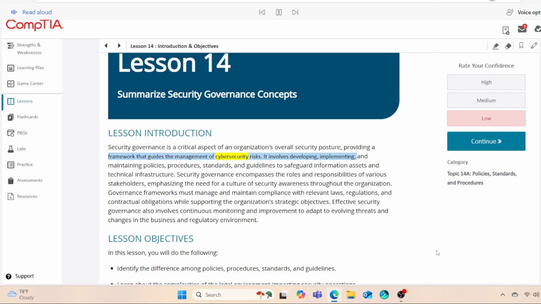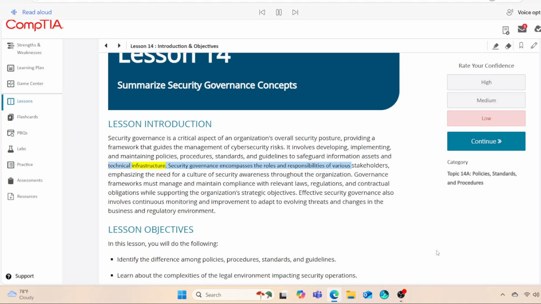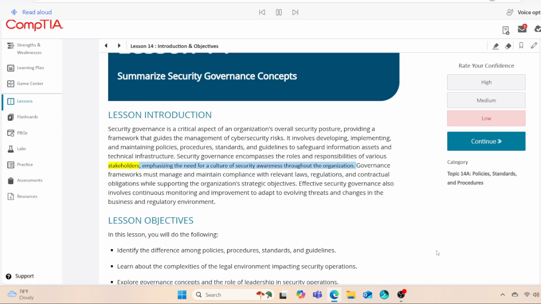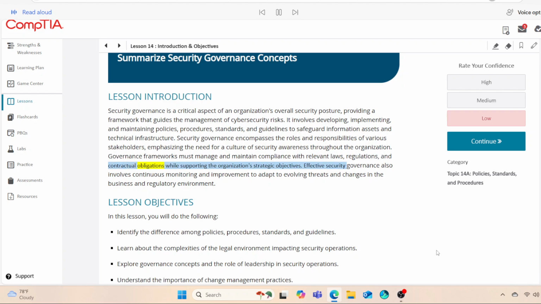management of cybersecurity risks. It involves developing, implementing, and maintaining policies, procedures, standards, and guidelines to safeguard information assets and technical infrastructure. Security governance encompasses the roles and responsibilities of various stakeholders, emphasizing the need for a culture of security awareness throughout the organization. Governance frameworks must manage and maintain compliance with relevant laws, regulations, and contractual obligations while supporting